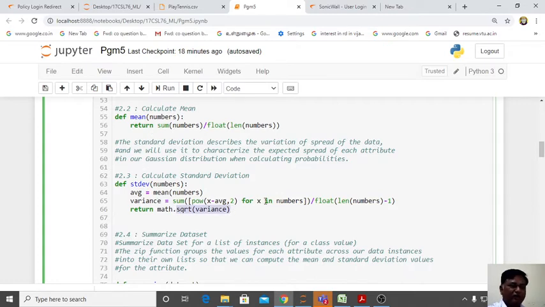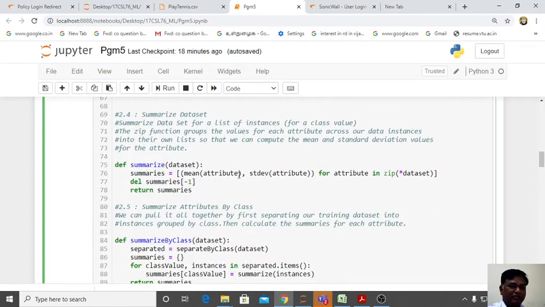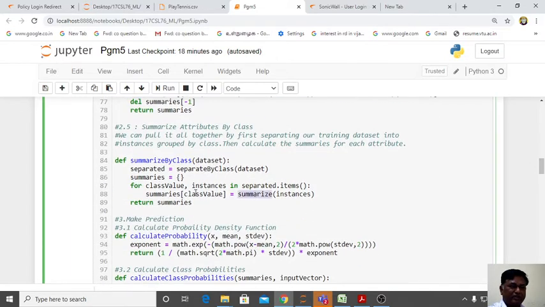So these two functions calculate your mean and standard deviation for your summarized instance 1 and 0, that is coming here. It is returning to summarize. So this summarize is coming here. It is returning separate by summarized by class. So this summarized by class will go to the main.